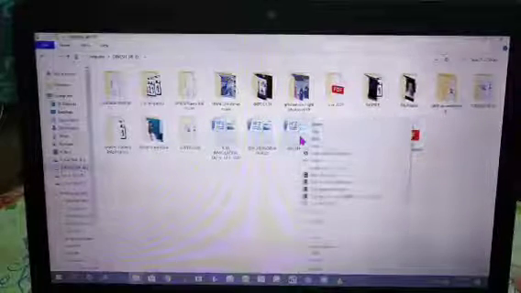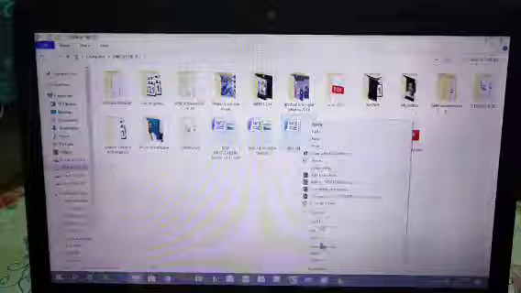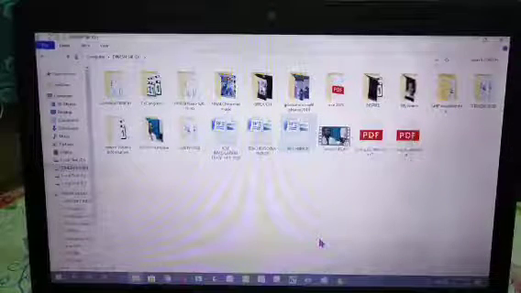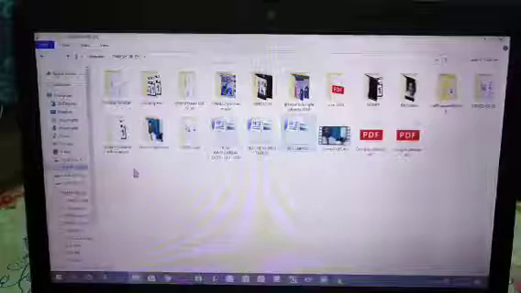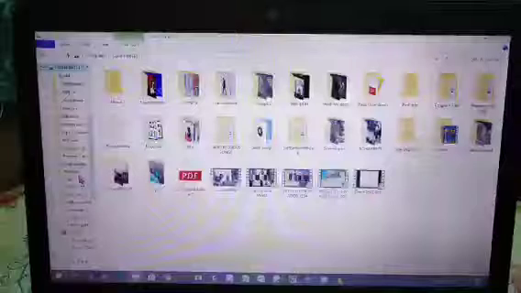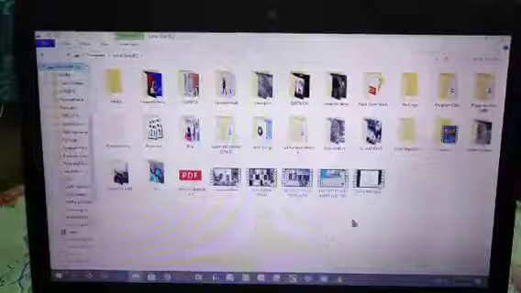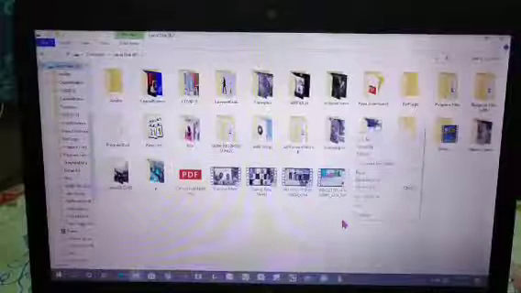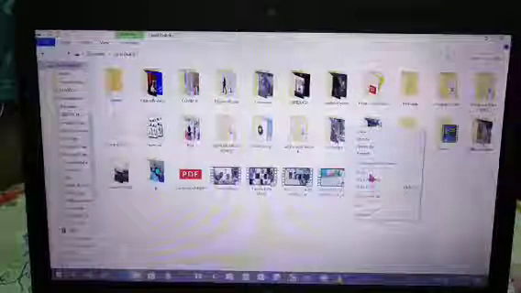Then you have to right click over here and choose the option copy, and you have to go to that location where you want to save. For example, you want to copy in E drive, then double click there, and in this E drive location you can right click and here paste.